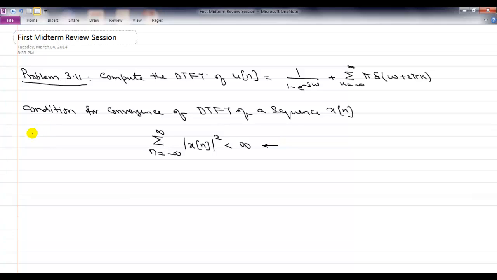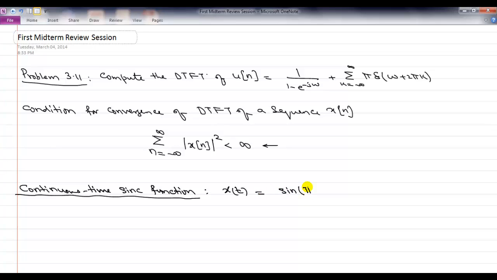So the next question that is asked is, what is the difference between a continuous time sinc function and a discrete time sinc function? Well, one of the primary differences is that one is just a function of a continuous variable and the other is a function of a discrete variable. Now, continuous time sinc function, let's call that x of t, that is given by